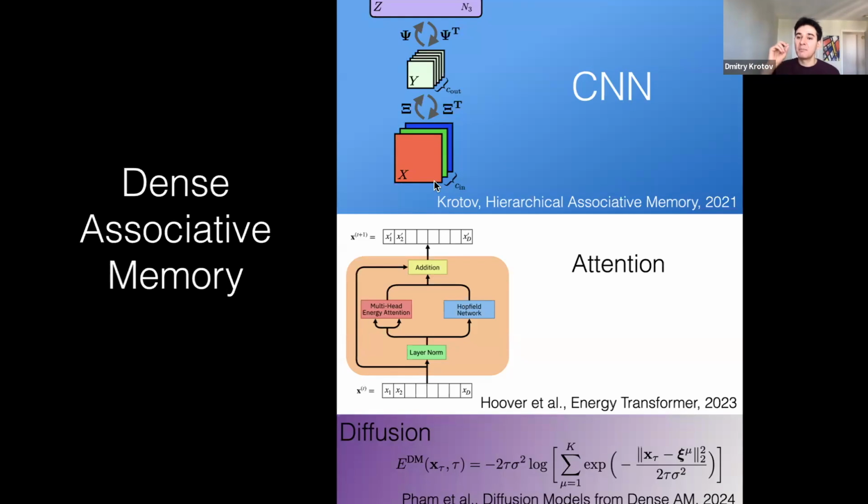It is an example, and that network has an energy function. You can write a global energy function that governs this whole computation that the network is doing. But at the same time, this network has convolutional layers, and it also has all these nice properties of being able to store more memories than the simple quadratic network of similar structure. So it is a form of dense associative memory. It's a form of energy-based model, and it's an extension of a Hopfield network, if you wish.